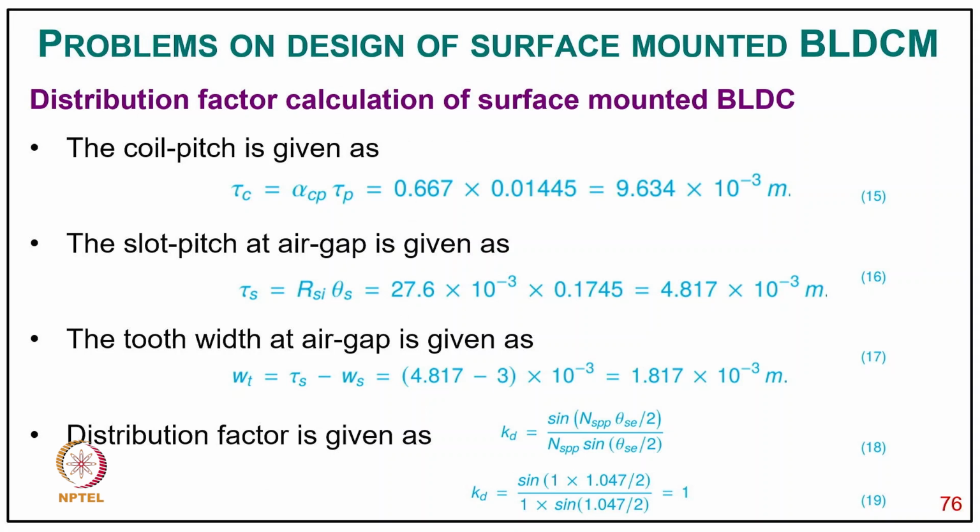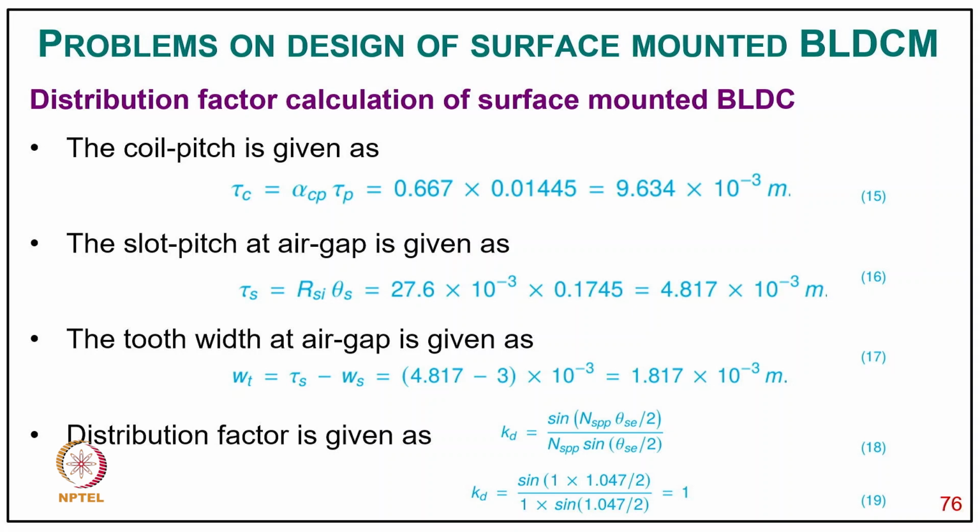and coil pitch is τc equal to αcp into τp, that comes 9.634 × 10^-3 meter, and slot pitch at air gap is given τs equal to RSI into θs, that comes 4.817 × 10^-3 meter, and tooth width at the air gap is given Wt equal to τs minus Ws, that comes 1.817 × 10^-3 meter, and distribution factor is Kd equal to sin(Ns Pp θsc divided by 2)